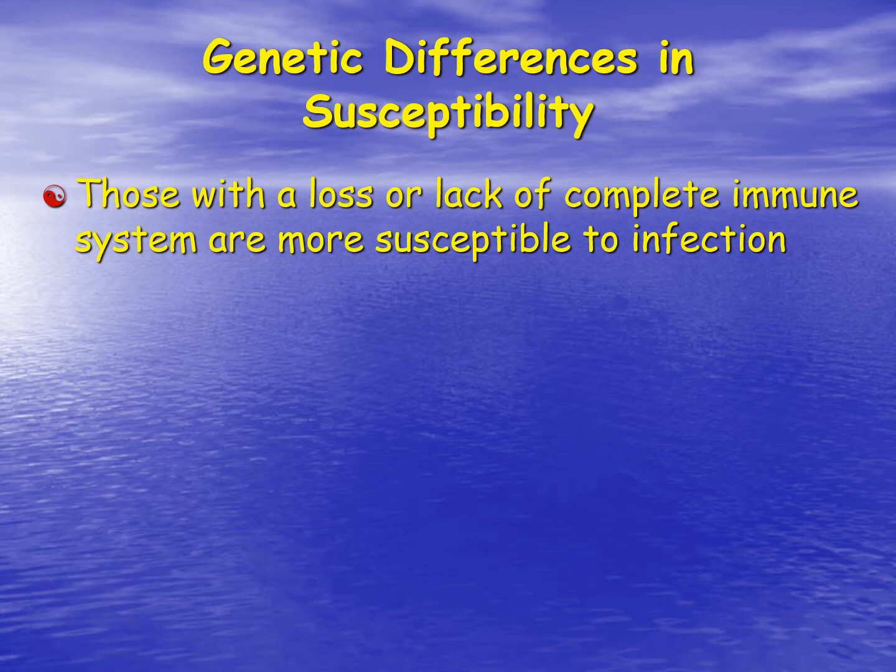Those with a loss or lack of a complete immune system are certainly more susceptible to infection. If you've never had a chance to look up any information about the boy in the bubble, and I'm not talking about the movie, I'm talking about the actual young man who was born without an immune system, he lived basically his very short life of 12 years in a sterile environment. But we can also see victims of severe burns because we've lost that epithelial barrier and microbes can just get